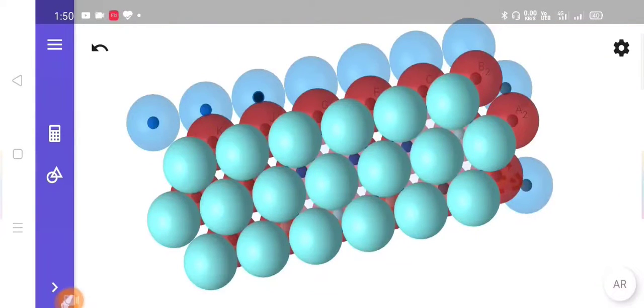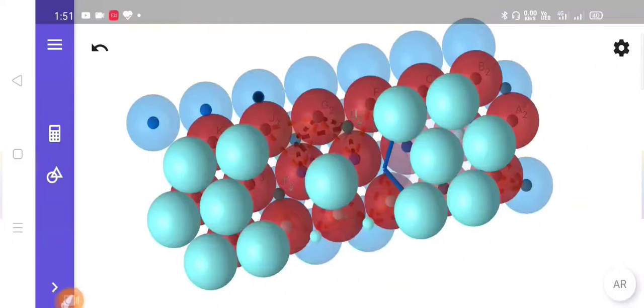Now we will remove extra spheres which are not required to represent our configuration. So from the first layer, if we remove these spheres, now we will concentrate on this single sphere present at the center. So now from the first layer this yellow sphere, and from the second layer three red spheres which create a triangle, we have a tetrahedral void between them, which you can see here.